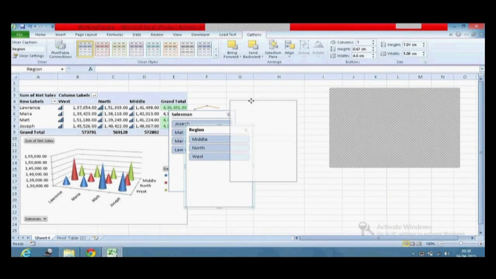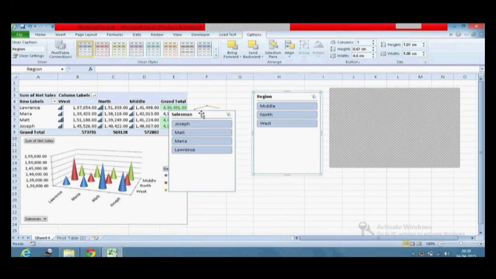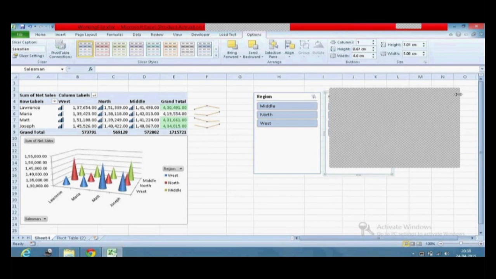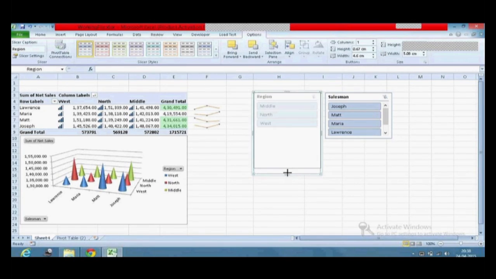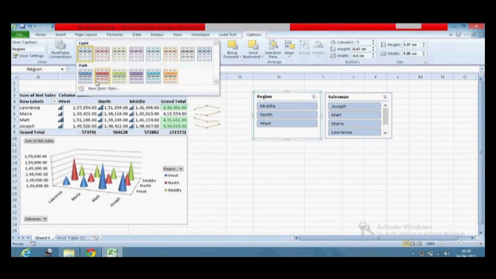Get back your chart. So this is called, they generally call this the dynamic dashboard. So you can,